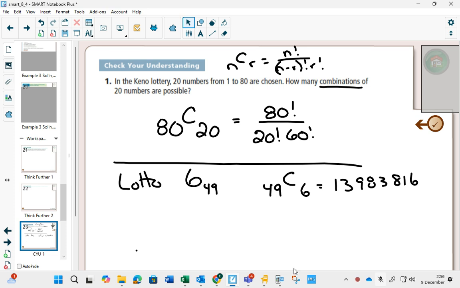All right, questions for practice on this one. 4, 5, and